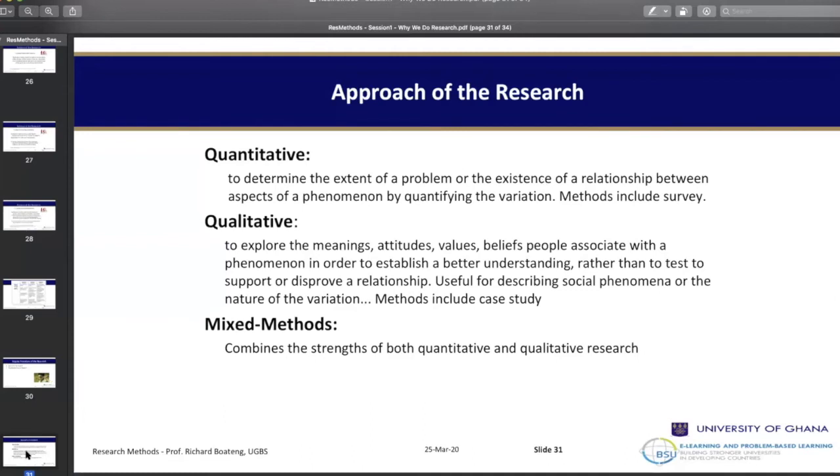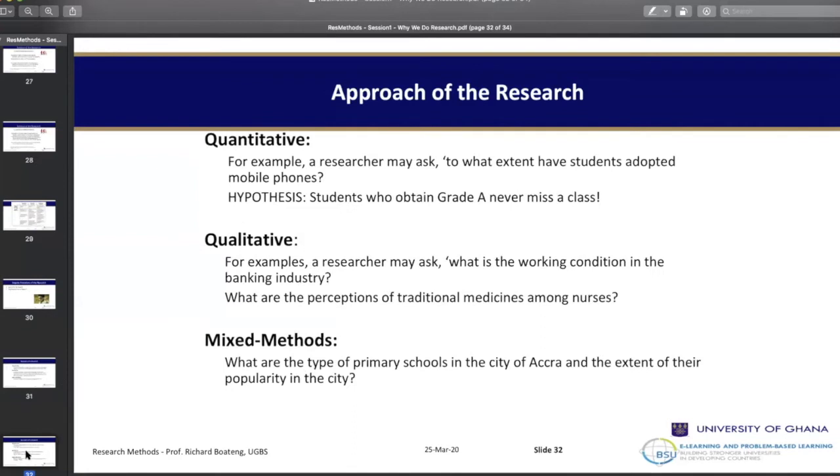However, realistically, for a given EMBA student, can you do both in one study? Yes, if you have time and you have capacity to handle both qualitative and quantitative data. And if only your supervisor will allow you. It's not all supervisors that will encourage you to do a mixed method study.